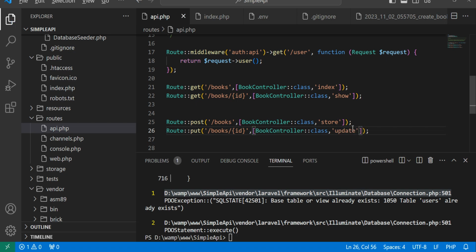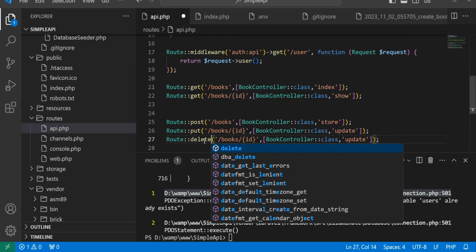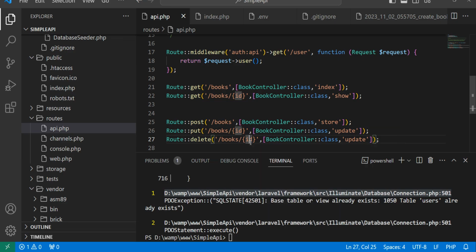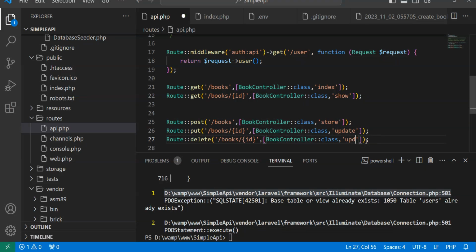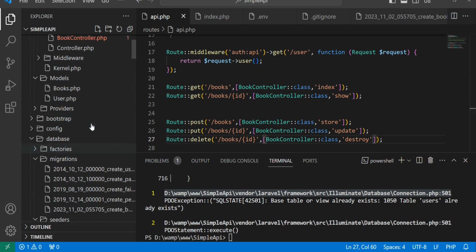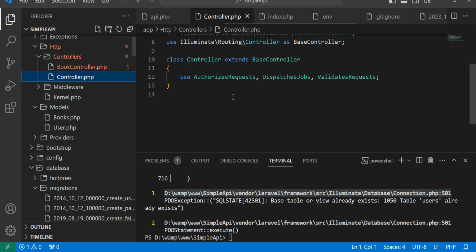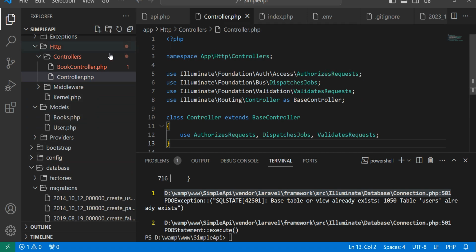The same thing can be done with the delete command. So the delete method will also be able to do the deletion. We will write it as delete, and it will delete the ID associated with it according to our book controller class, and the method we have used in our controller class is destroy. So let's review the controller class once again before executing the query. This is our controller class, the books controller class,